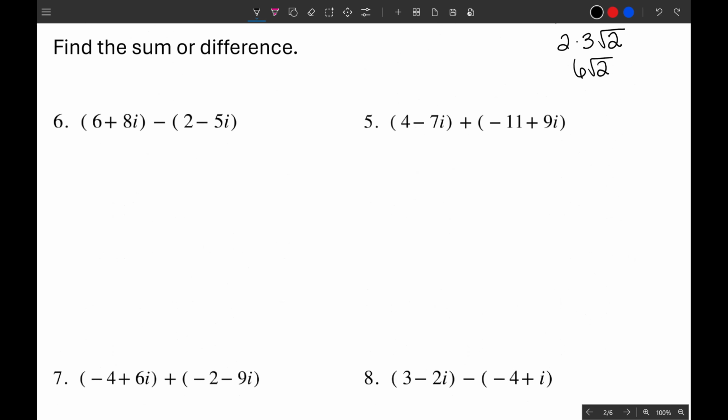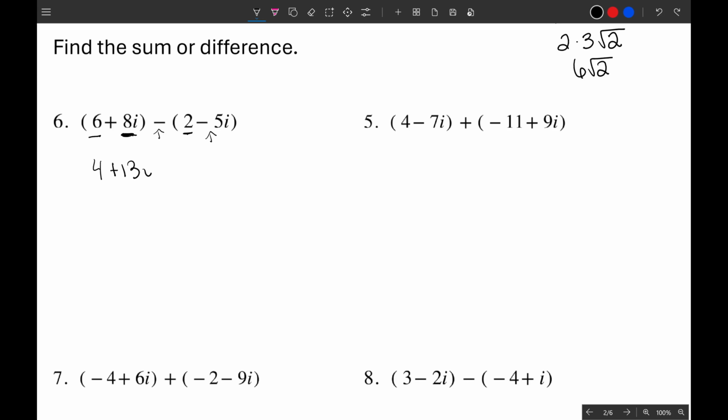All right, now when you find the sum or difference, it's just like finding the sum or difference of anything else. You add or subtract like terms. So here I have 6 minus 2. Well, 6 minus 2 is 4. And then I have 8i minus negative 5i. Well, if I do 8 minus a negative, that gives me a positive. So 8 plus 5i gives me